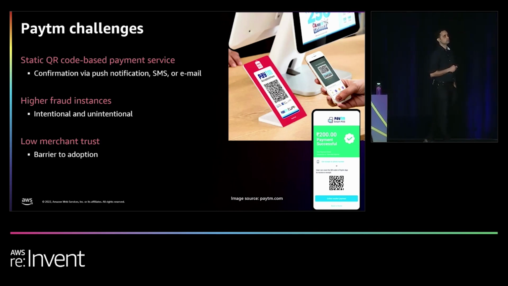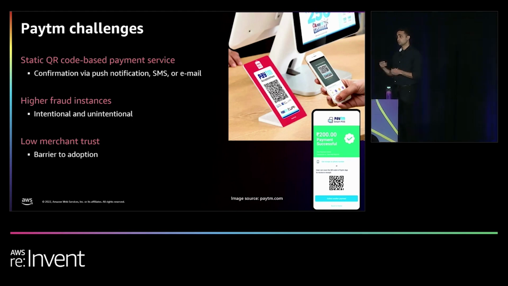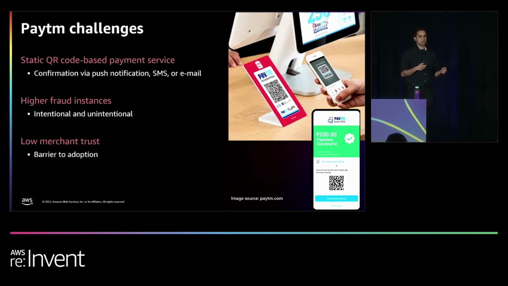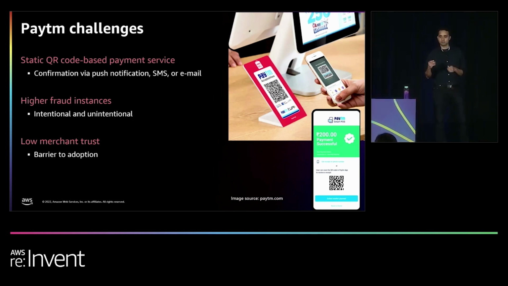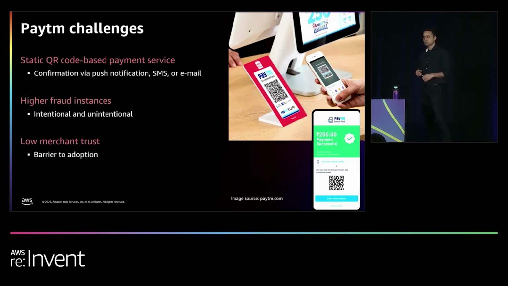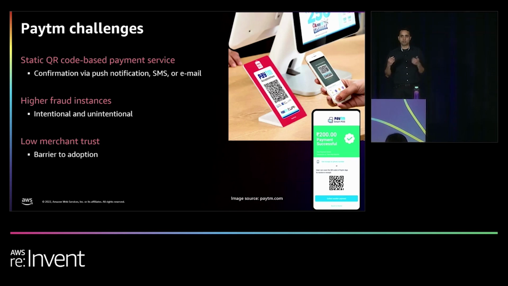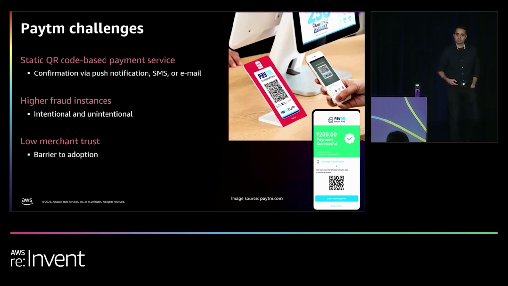They previously had this static QR code-based mechanism. And the problem with that was customers would not be able to coordinate with the vendor because there are lots of customers in there. Sometimes you miss the unit. Sometimes there was fraud too, whether it was intentional, because it's the same QR code for everybody, they could just pass off one charge which is lower as a different charge. But sometimes it's just unintentional. There's a lot of people in there and one code doesn't do it. The merchants also had to confirm it on their mobile phones. It was quite heavy friction. And this caused lack of customer delight for their customers and hurt merchant adoption. So what they did is